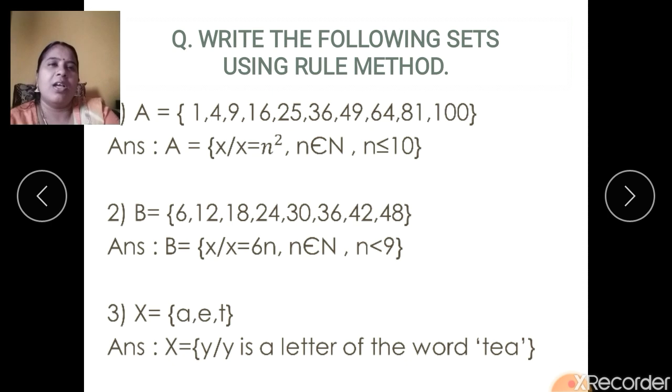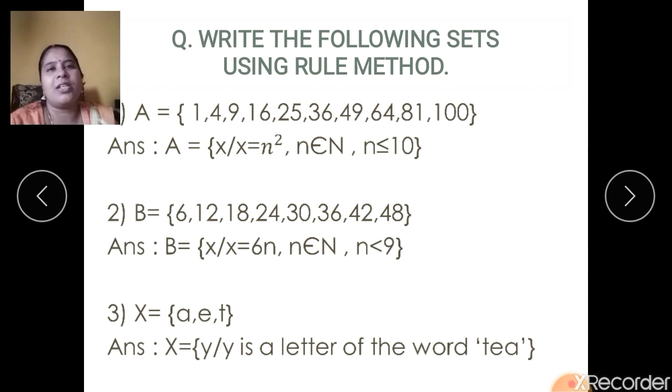Now look at this. n square. The first natural number is 1, so 1 square, that is 1. Second natural number is 2, so 2 square, that is 4. Third natural number is 3, 3 square, that is 9. Same way 4 square, 16. Like this I will continue till where? See this value of n, less than or equal to 10. So when n is equal to 10, n square will be 100. I hope you are understanding it. You have to search for the property and define it with an arbitrary x which can be related to n, where n belongs to natural numbers.